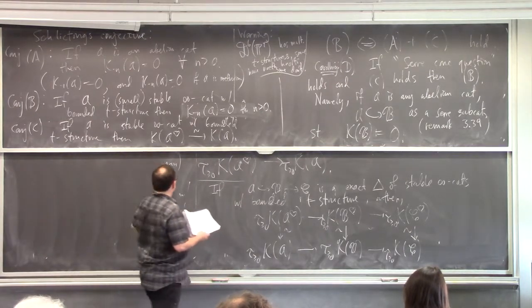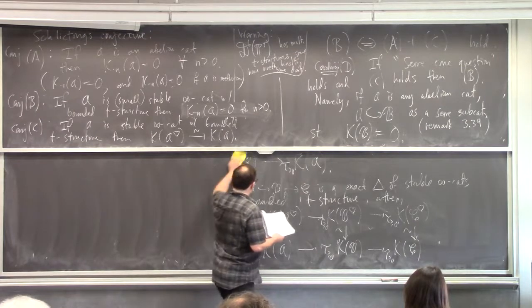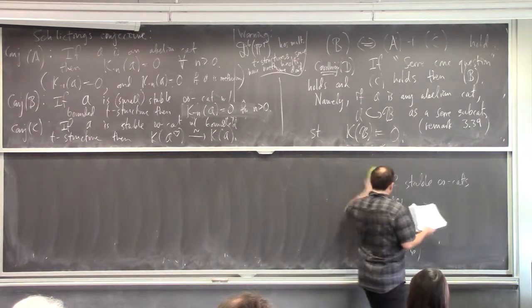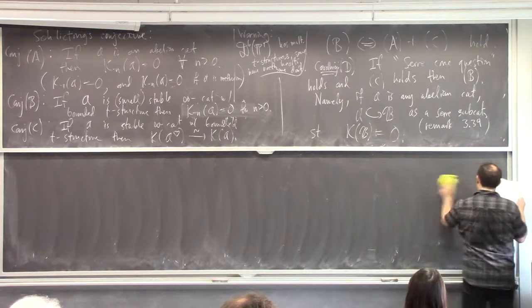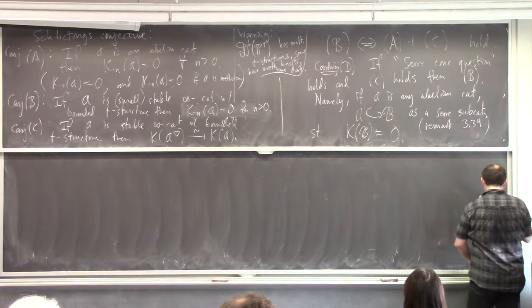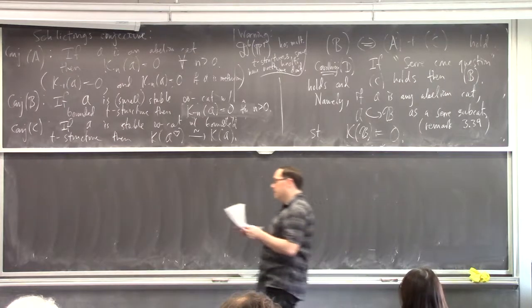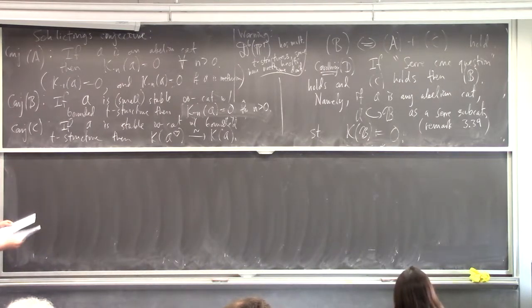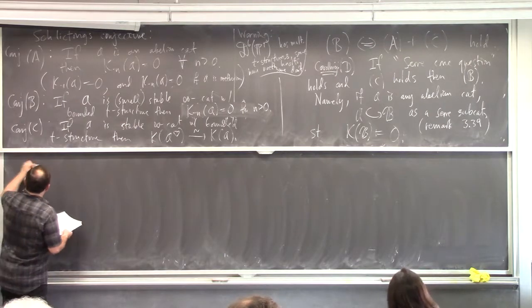At least indicate what a T-structure is, where it came from, and I think I'll be out of time, if I'm not already. So, what is true? The theorems that are true,